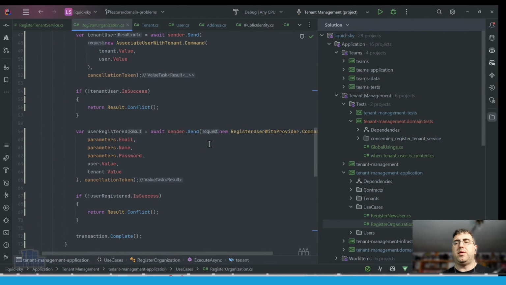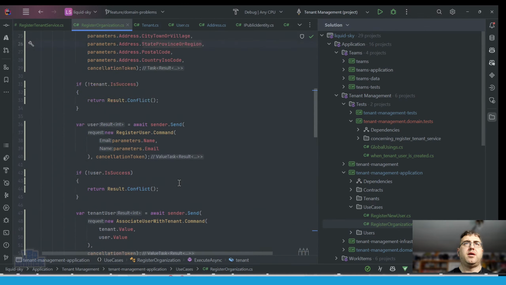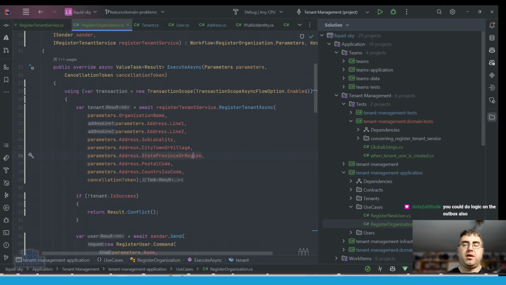So what can we do? An outbox wouldn't necessarily solve this, because we'd have to trigger the fact that the outbox should run, right? So the outbox wouldn't necessarily